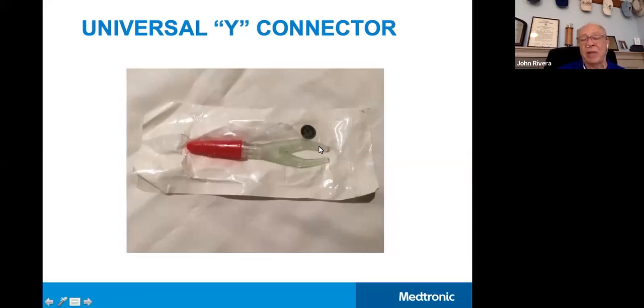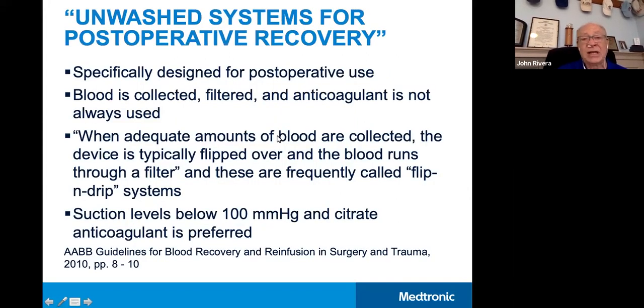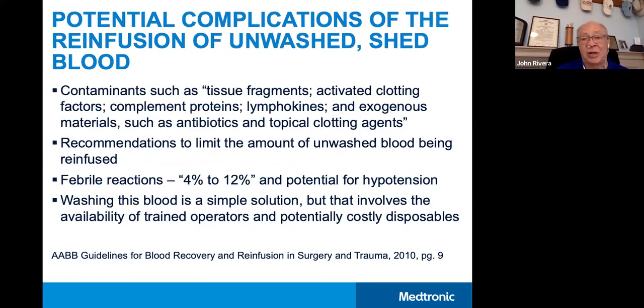It's silicone, and we're going to plug in the tubing of the Yankauer. We don't use any sort of glue. That is not necessarily needed. And it's got 2, so we can actually use 2 different lines. Now, again, make sure that whatever you're using for post-op blood processing, it must be labeled as being approved for